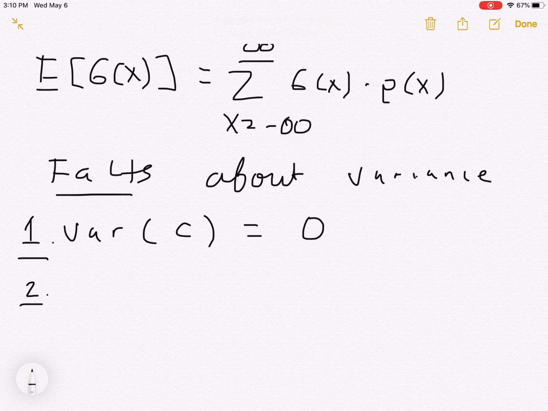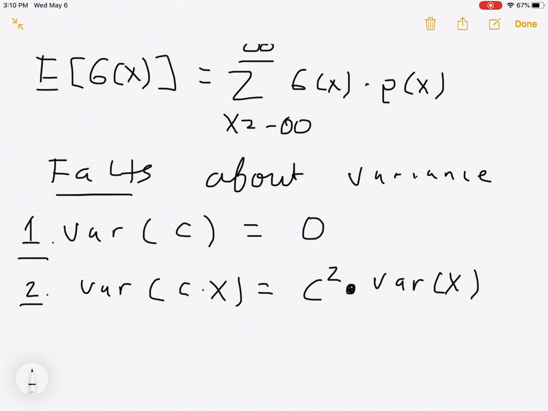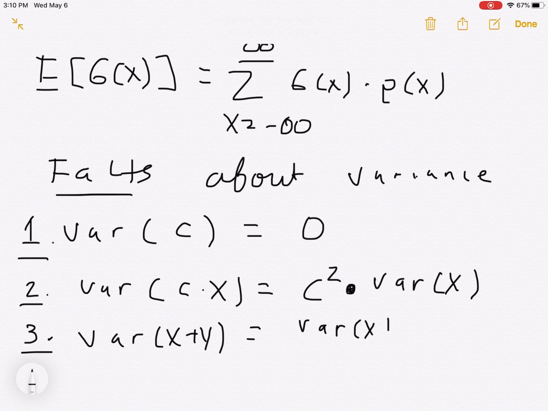Two is that if I have the variance of a constant times x, this is going to be that constant squared times the variance of x. And three is that the variance of x plus y is going to be the variance of x plus the variance of y,